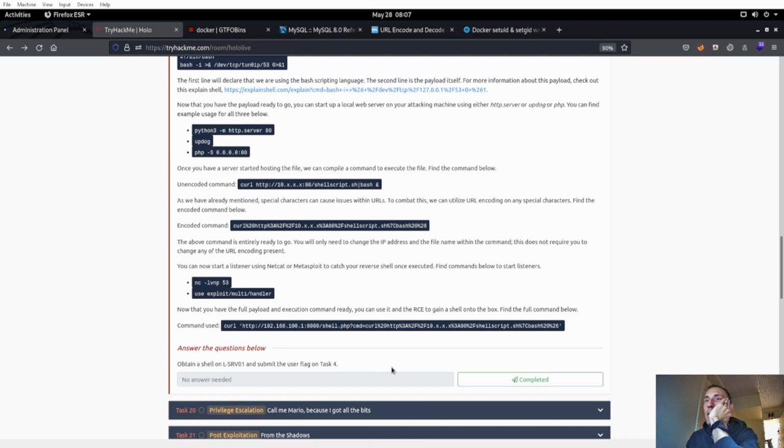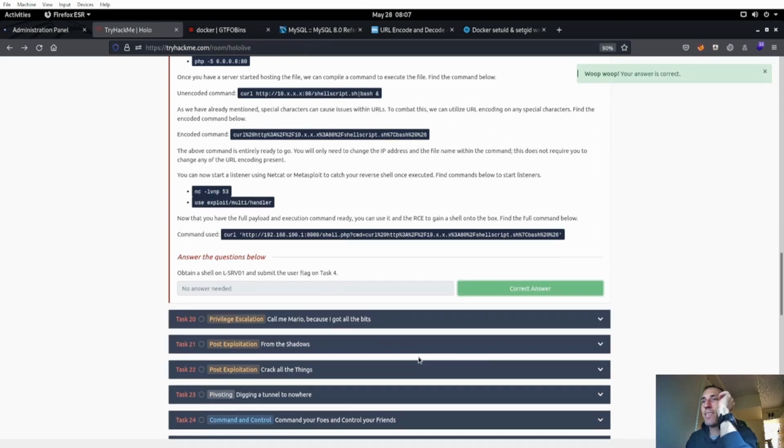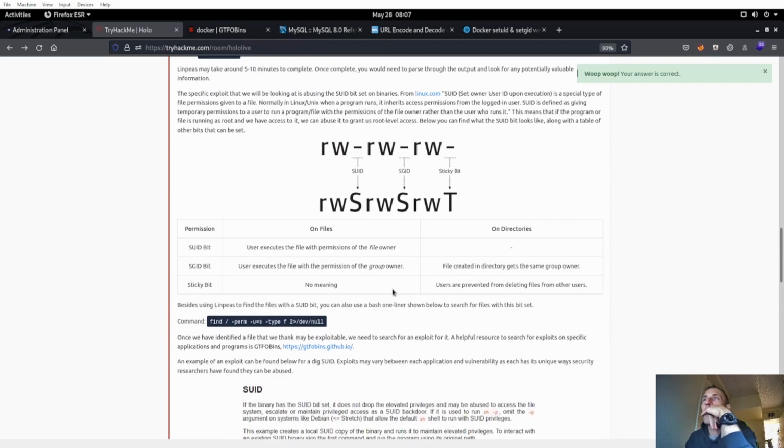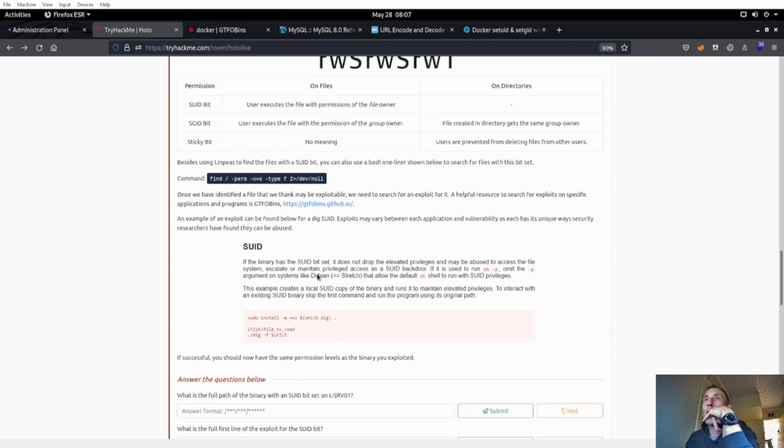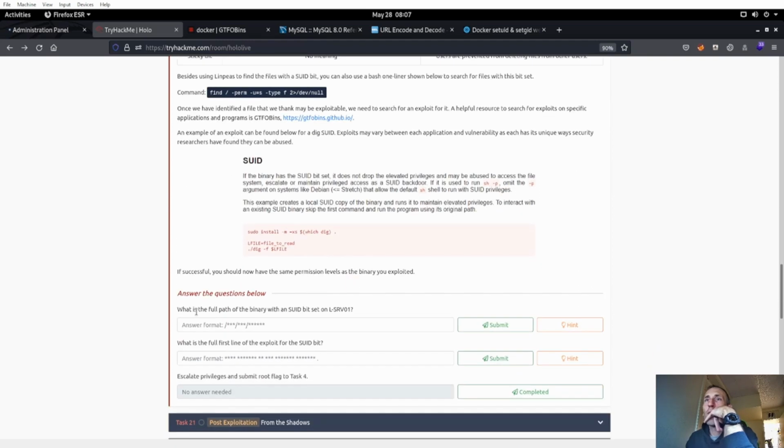Oh, we already did that. Yay, we did it. Obtain a shell. Yeah, we did that. Call me Mario. Okay. What we got here? Yeah, okay, so we're looking at that. LinPEAS, we found /usr/bin